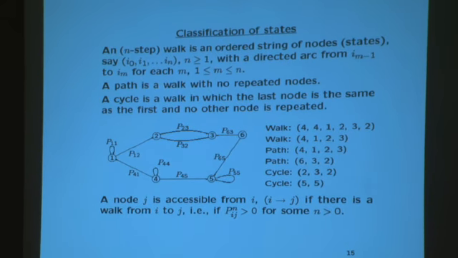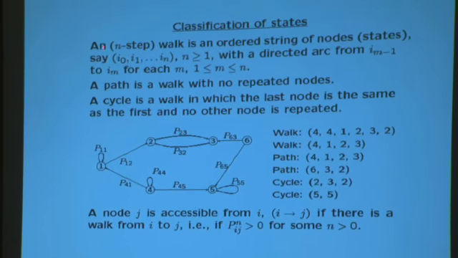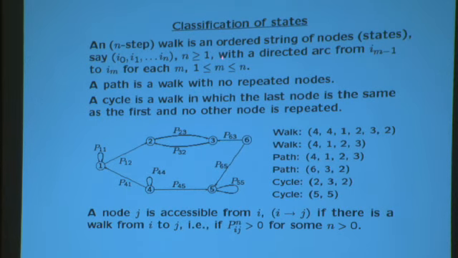Talk about the classification of states. We start out with the idea of a walk and a path and a cycle. I'm not sure these terms are uniform throughout the field, but a walk is an ordered string of nodes, like i0, i1 up to in. You can have repeated elements here, but you need a directed arc from i sub m minus 1 to i sub m. Like, for example, in this Markov chain here,